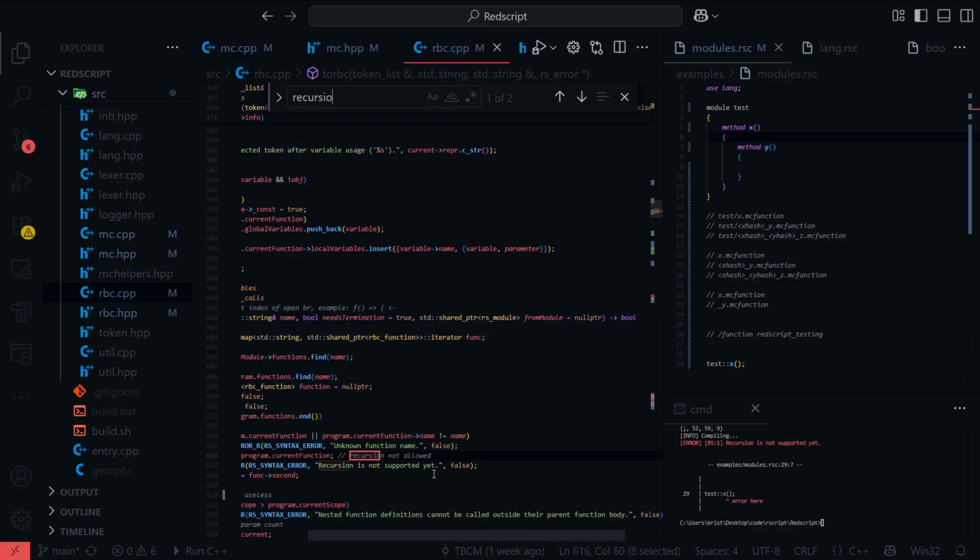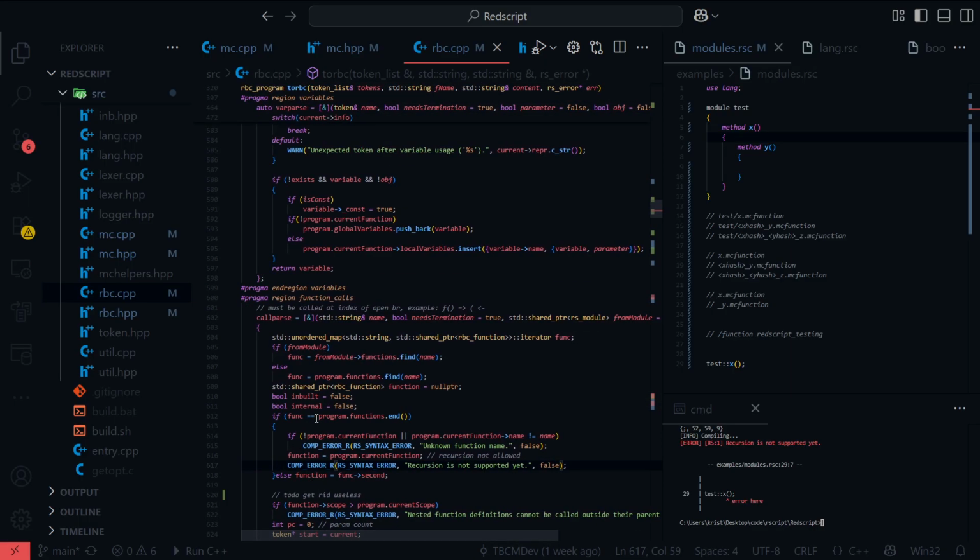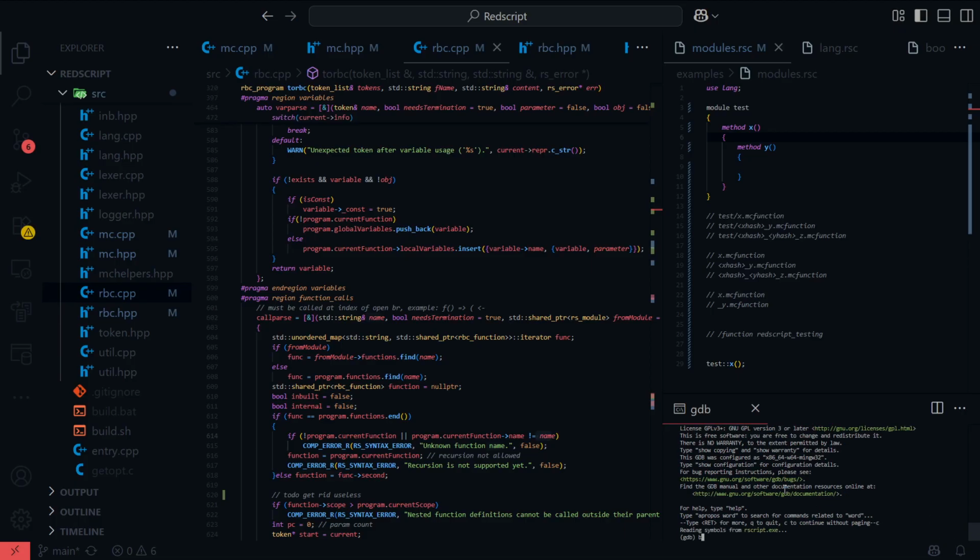And "recursion is not supported yet" is called when the current function's name doesn't equal our name. Okay, let's go into GNU Debugger R script, and we will continue and break at